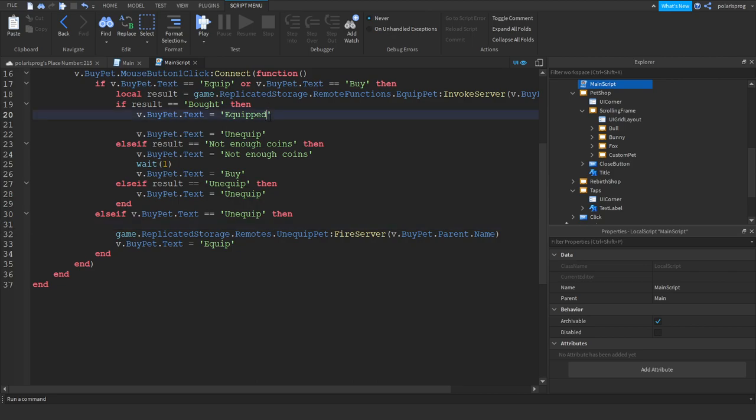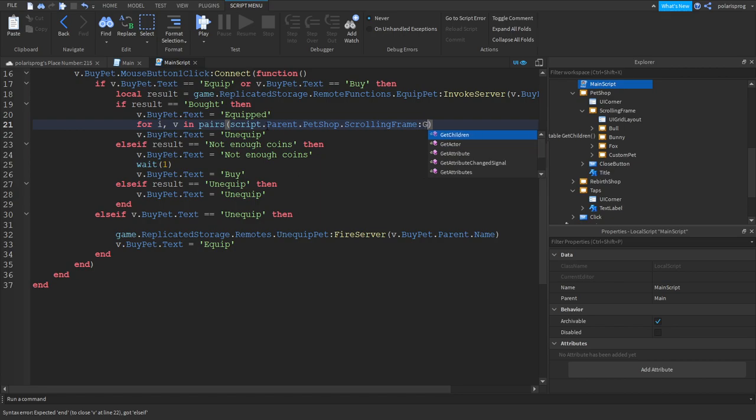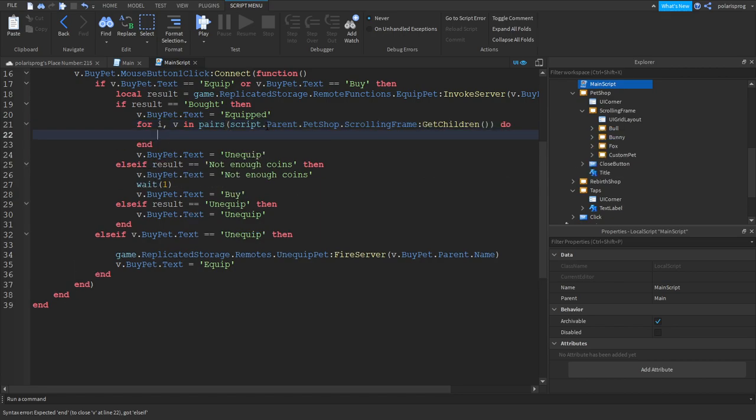So when it said bot, then we want to equip the pet, and then you want to see if, so for icon in pairs script.parent.petshop.scrollingframe.scrollingframe column:GetChildren do if v.column is a frame,